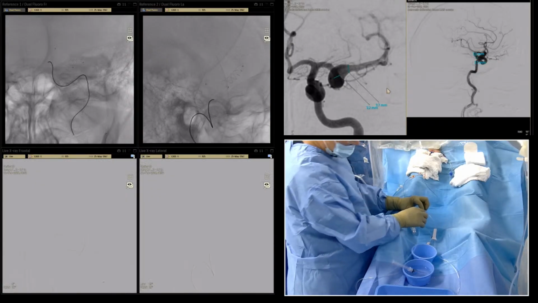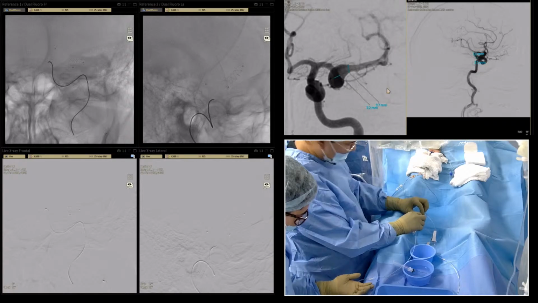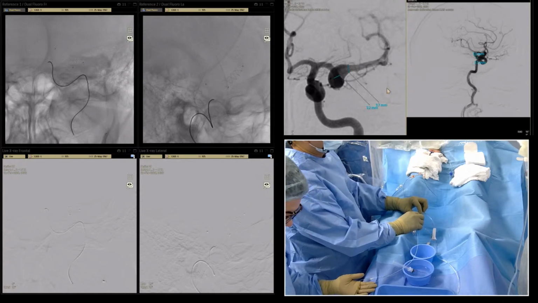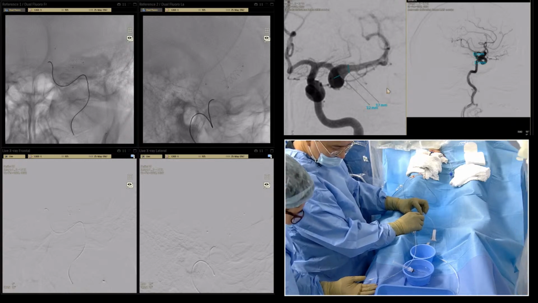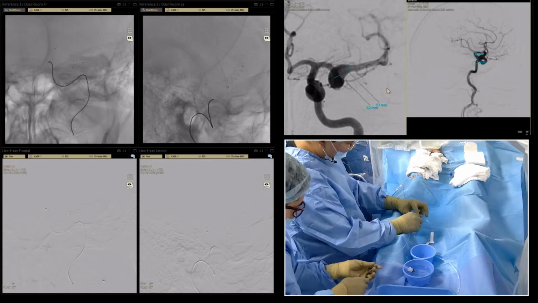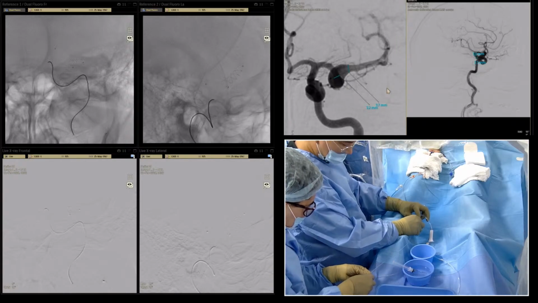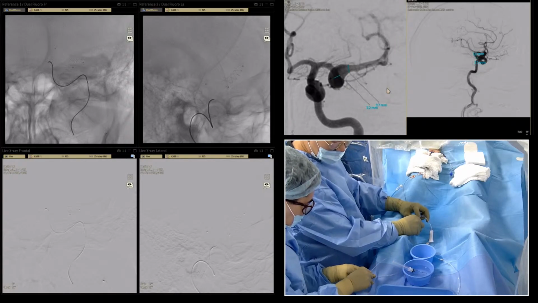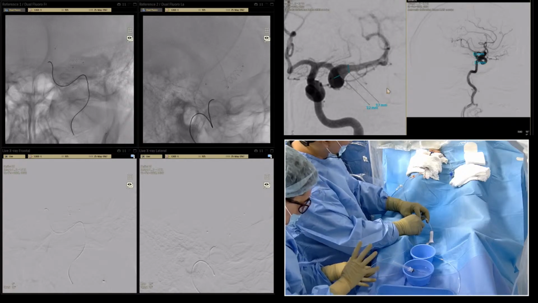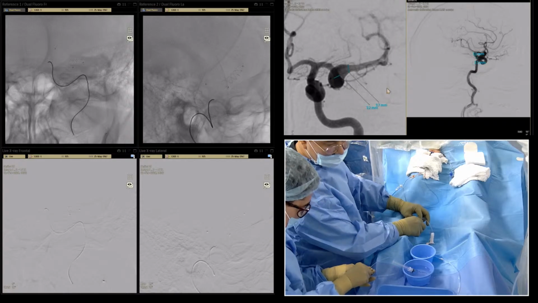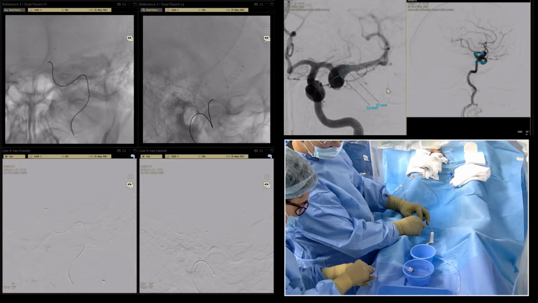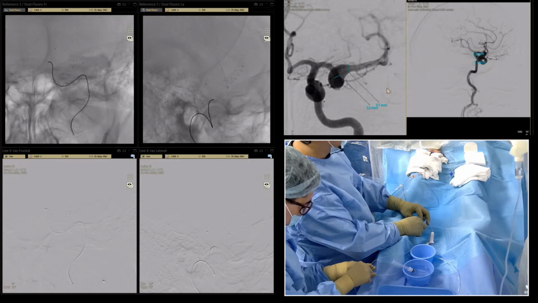There is one more option. It's possible to place the flow diverter stent inside. We check the VerifyNow for this patient, and PRU is very nice. That's why it's possible to keep the patient without aspirin